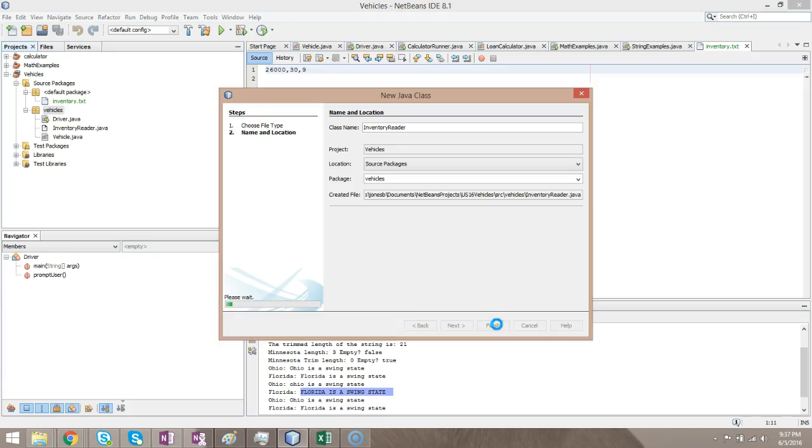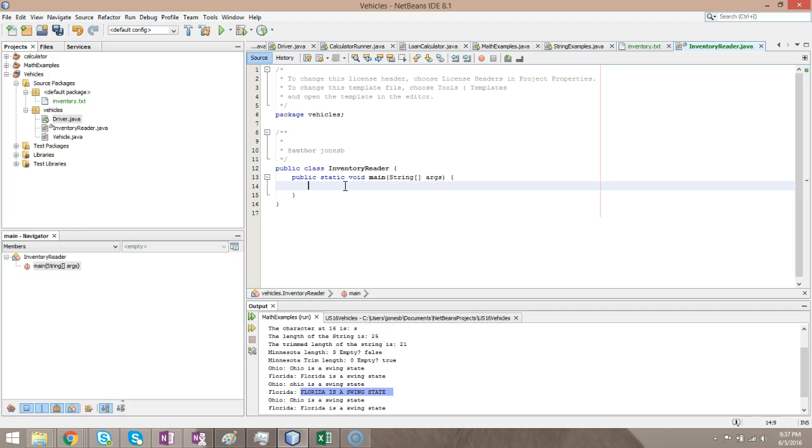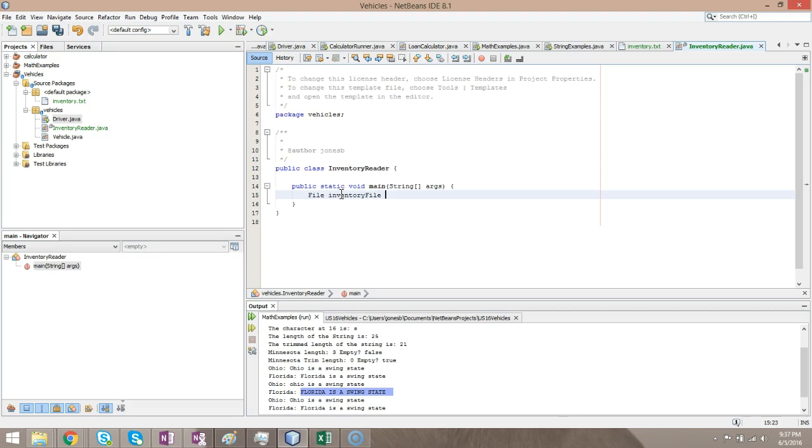Now, I want to be able to run this inventory reader without having to start the driver program here. So what I'm going to do is use a public static void main method. Remember, that's the magic method where our program starts. So public static void main, PSVM, and then tab, and it will fill in the details for me. Now what I can do is I can access the file that I've created. So I'm going to say File inventoryFile equals new File. And since I put that at the root of the project, I'm just going to say